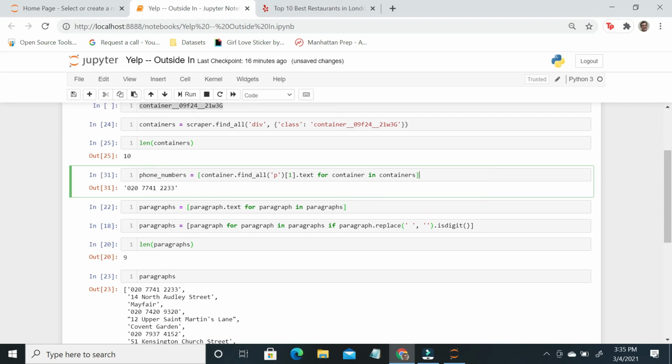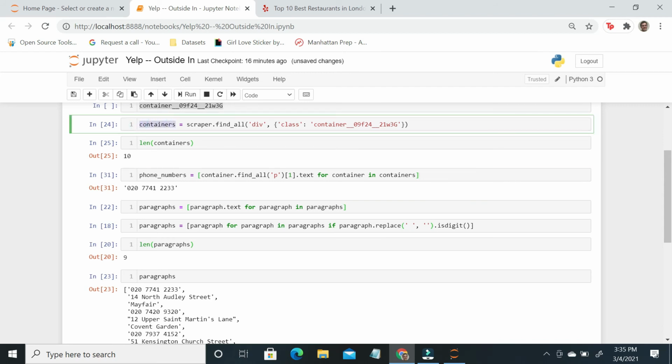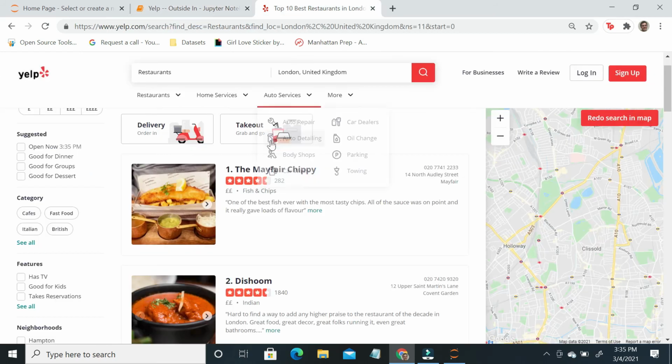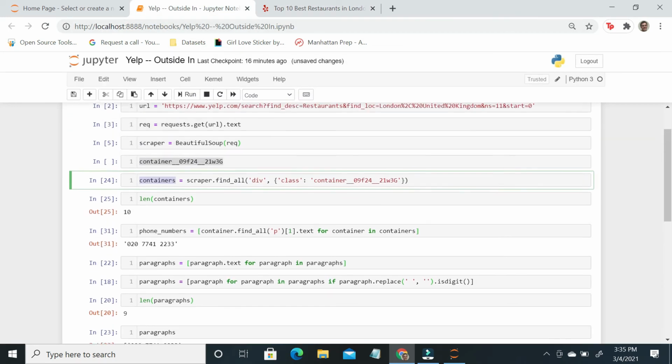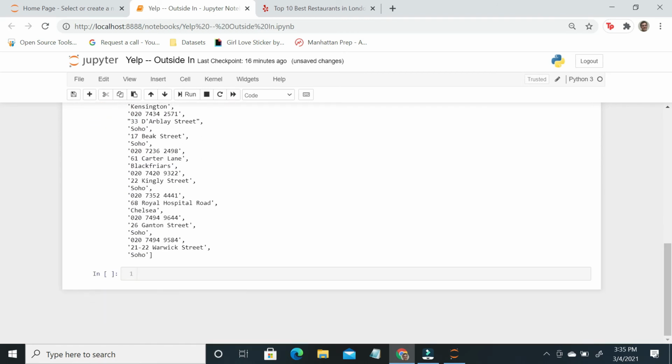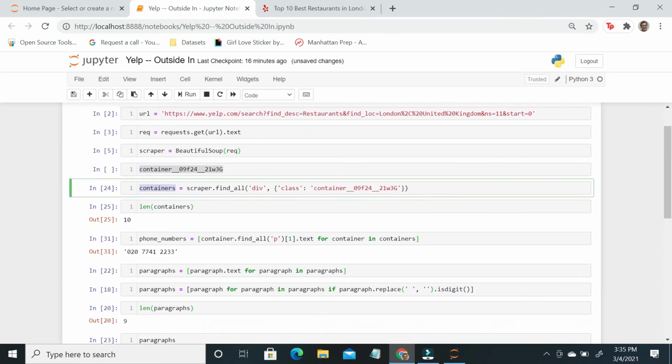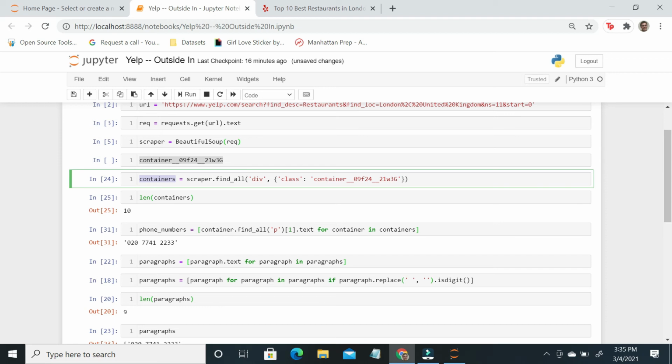So as an example here, basically what I'm saying is for each item inside this list, which is the block of contents that contains everything about this restaurant right over here, the title, the reviews, the price range, all this kind of stuff, we're saying go through. Let me find it down here. Basically what this loop is saying is go through each one of those items, get all the paragraphs, grab the text of the second one. And so if we do this,